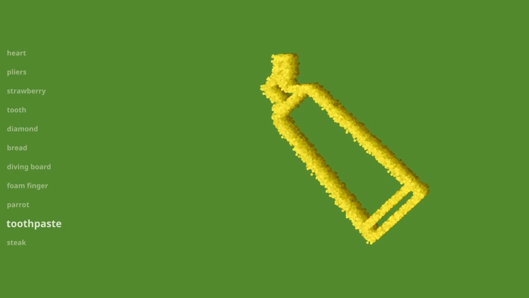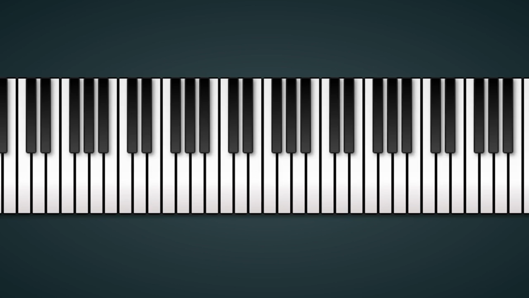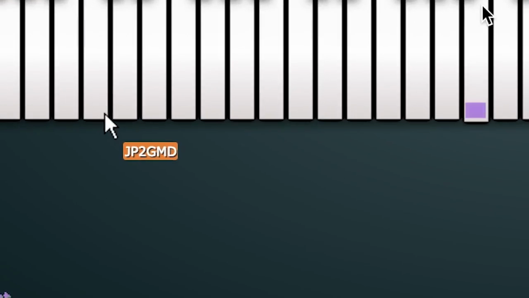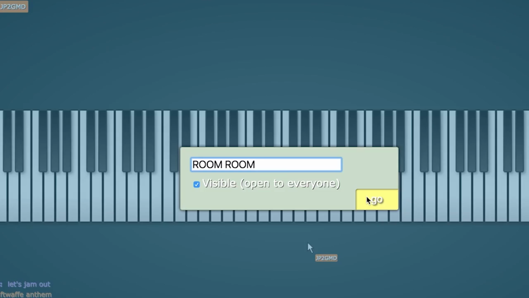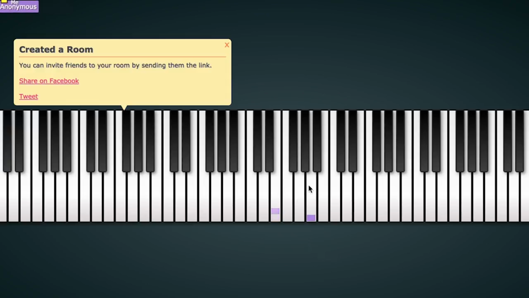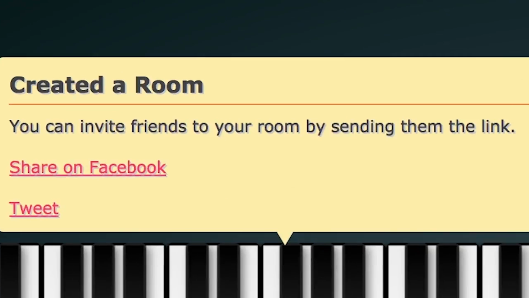which is a list as nonsensical and hectic as I predicted this multiplayer piano would be, but I was wrong because it's only me playing by myself, which is the theme of my entire life. Oh, someone joined. Let's jam, fellow pianist. Whoa, I'm not used to having a whole friend, so I'm gonna create a room that's a little more private, which you can share with your friends on Facebook or the Twitters.